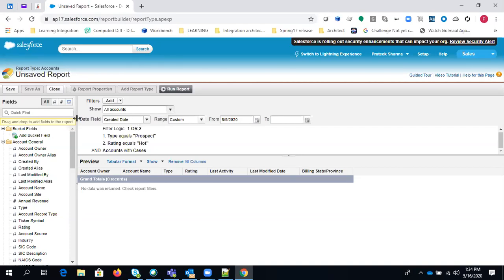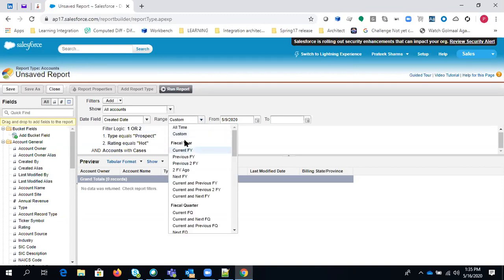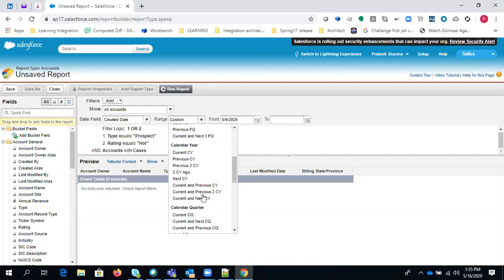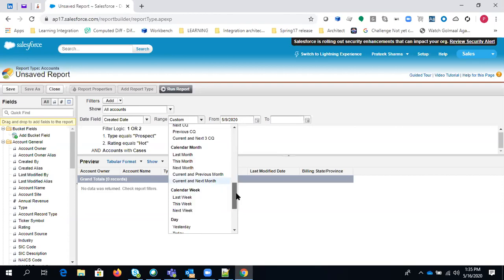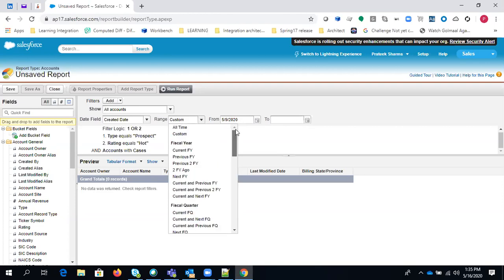And then the date field. It will basically give you information if you just want the accounts for the current financial year, so you can select current financial year, previous financial year, or if you just want to pass a custom date. These options simply give you a filter on the created date field of the account.